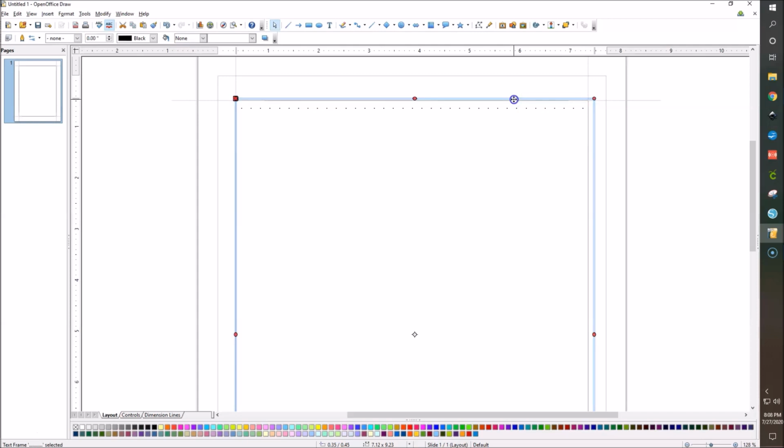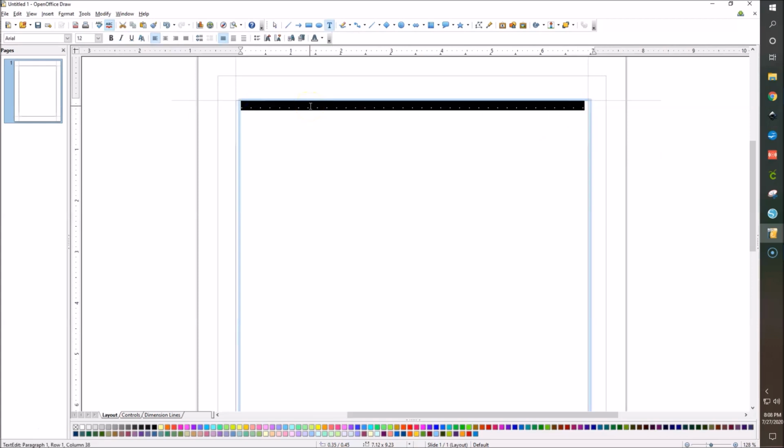If you need to resize it, and your little, I don't know what these are called, honestly, your little guys that you would grab to resize are red, you can just click on the little blue line and it'll make it so you can resize them. If you click the blue line, then these little dots will turn back to their teal, cyan, whatever color it is. So now that we have one line of dots, what we can do is Control C,